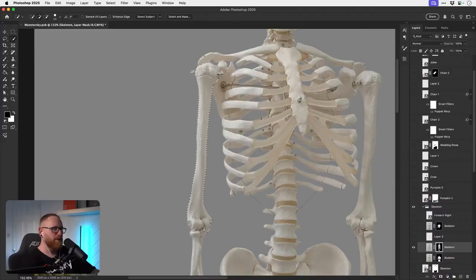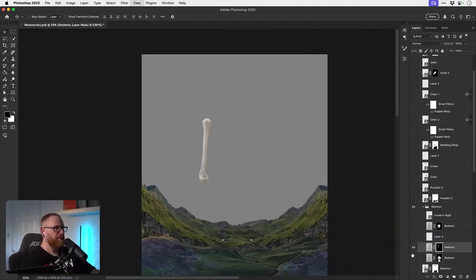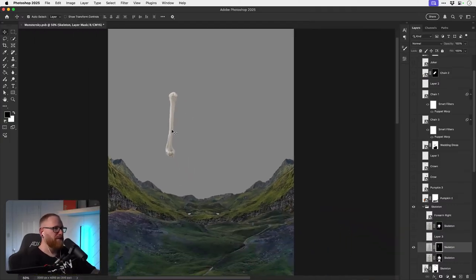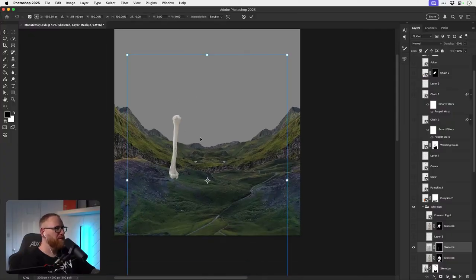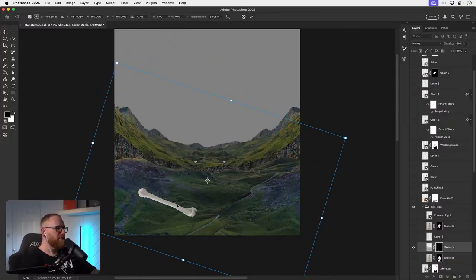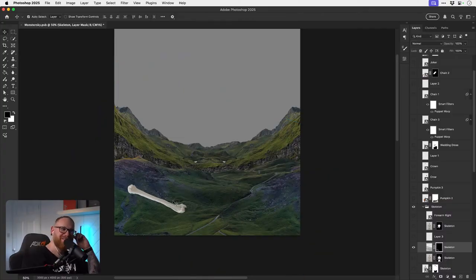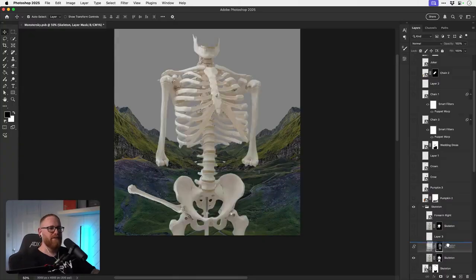I'm not a bone expert. So then we'll just add a bone in there. I can't remember if a femur bone is your leg or your arm. So we'll just stick a bone there. Oh goodness, this is going to take a long time. What have you done, Dan? What on earth have you started here?